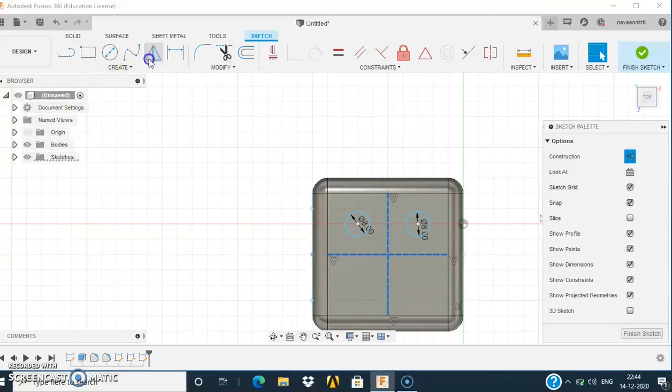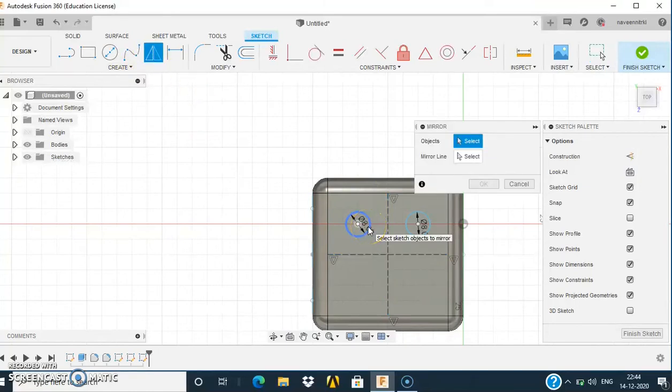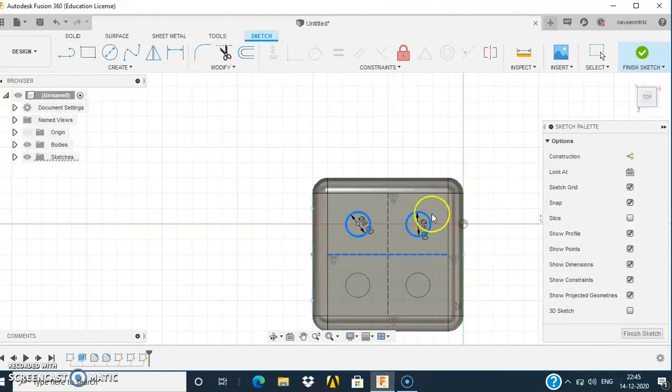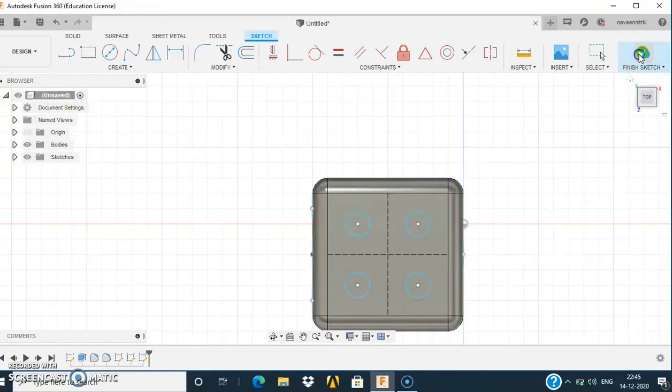Again I select the mirror. Here I am selecting the objects, first one, second one. Then I am selecting here the mirror line, that is this one, and it will create 4 circles. Now again I finish the sketch.